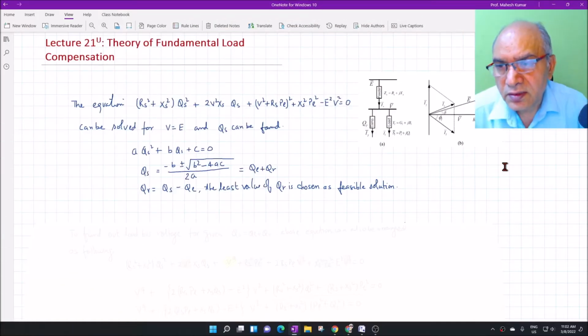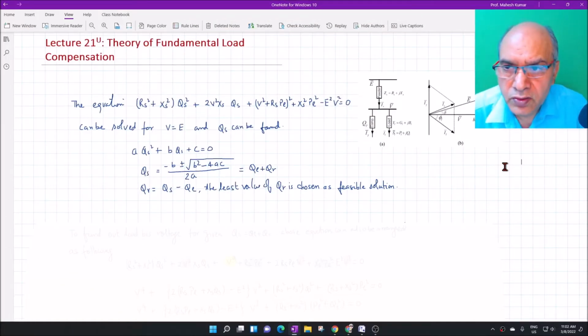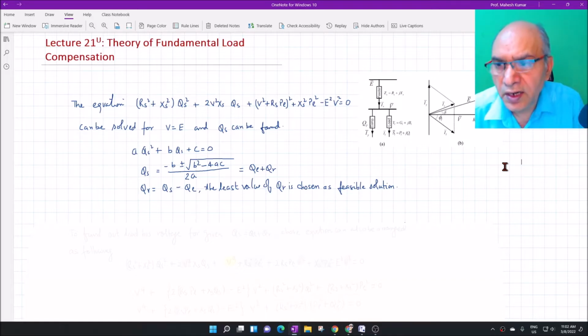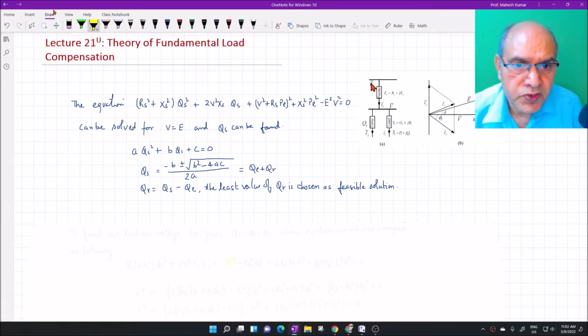So in the previous class, we were discussing the theory of fundamental load compensation. That actually means we are compensating the load at the fundamental frequency with RLC components. And we were talking about a power system which has an upstream voltage source and the load bus voltage source, as you can see here. So this is the upstream voltage source with the voltage E, and this is the local